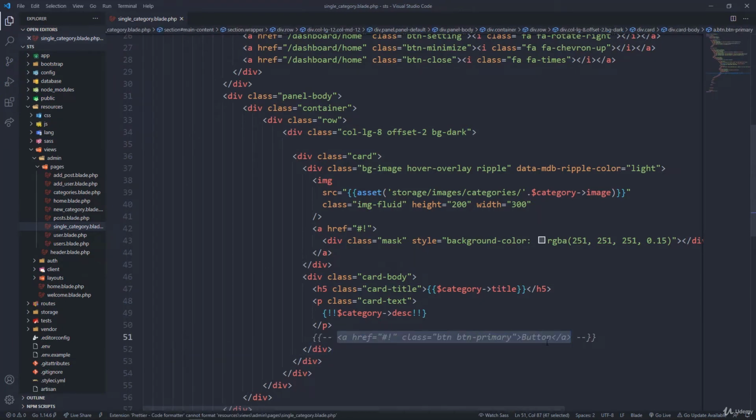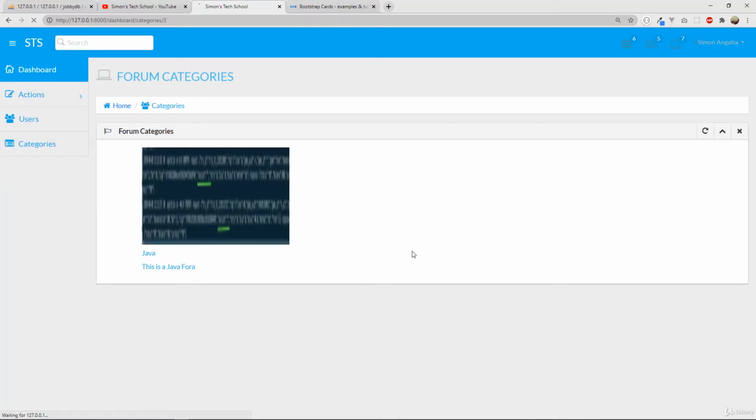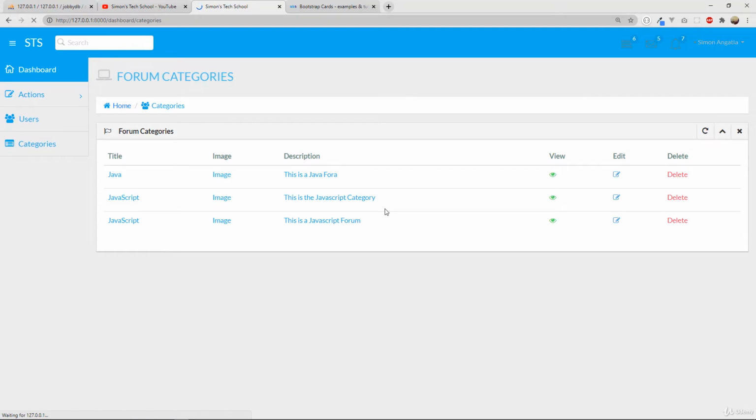Now, as a matter of fact, we often don't need to display categories. The most important thing to do is to be able to edit and to delete, right? Because categories, we are not going to have longer descriptions, but just like 200 characters description, right? So that is it with the displaying categories,